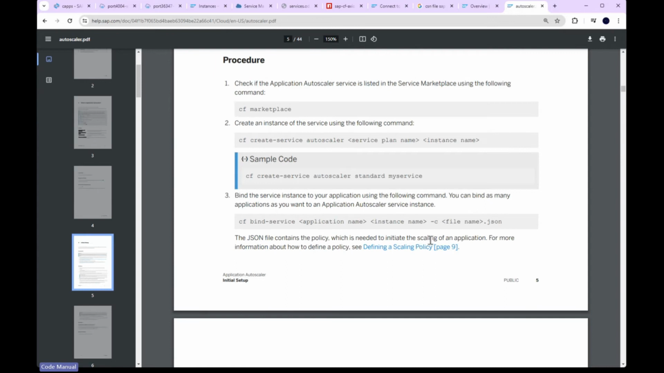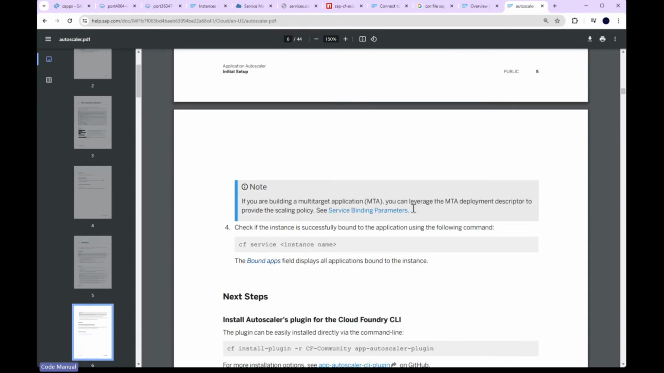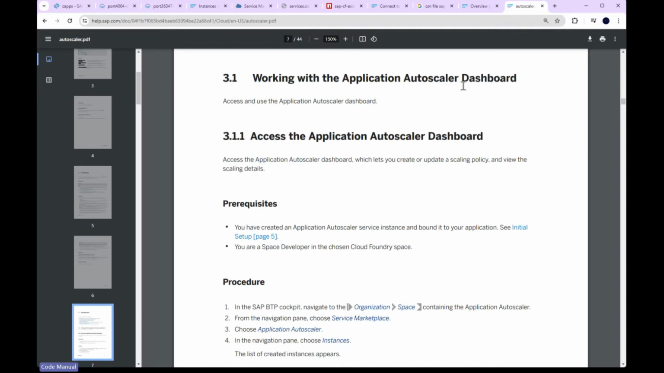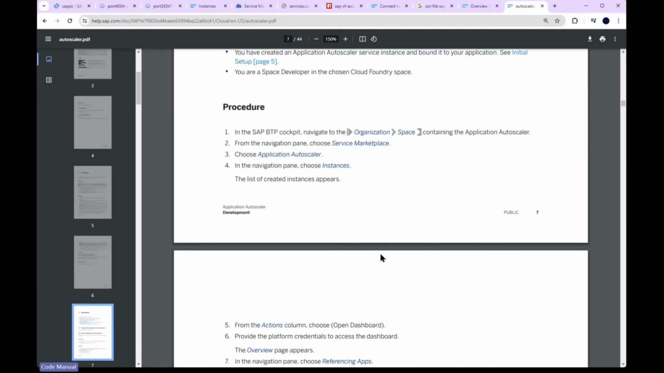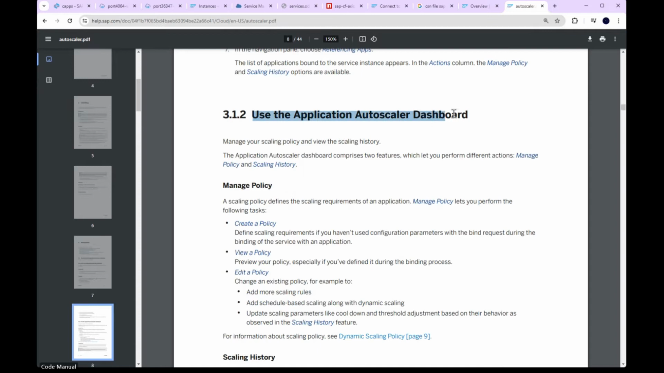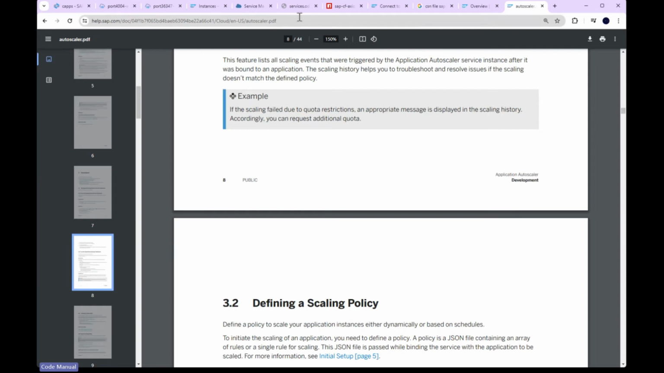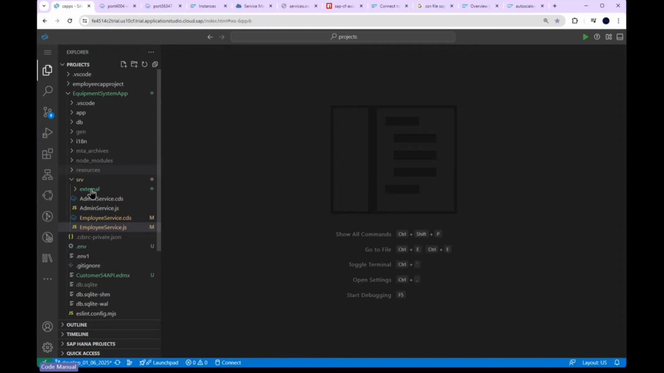How to create an instance is given as commands, which you can follow, but I'm going to show you separately. Even the purpose of the dashboard and all that is explained. So you can follow this document. One second, I'll just copy this link and paste it here. Now, to configure this autoscaler service for our application, especially on CAP,